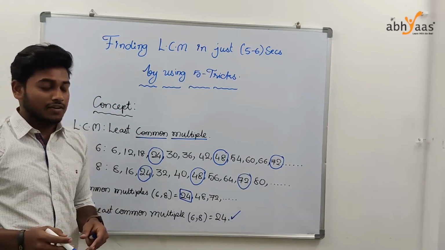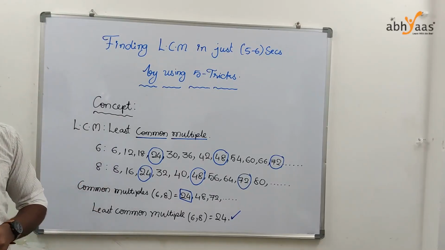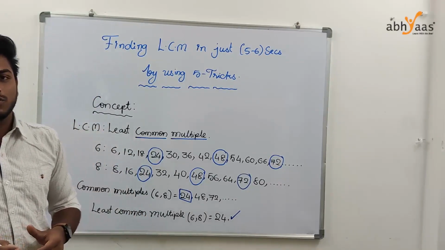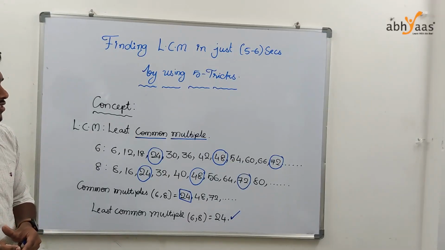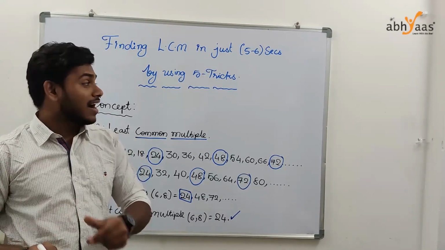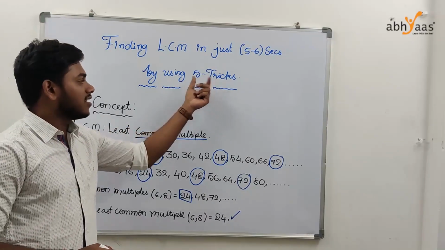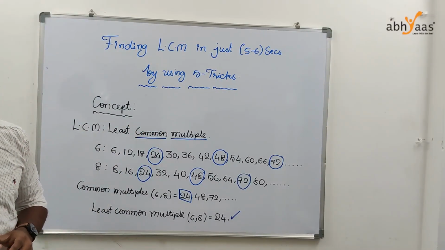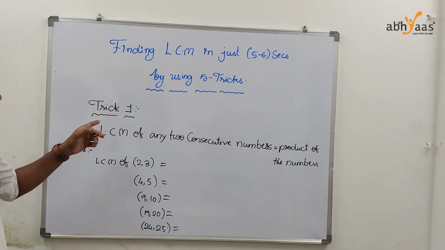However, we cannot do this entire process for every given number. This is the lengthy method. That's why we use a few other shortcut methods. Unlike our traditional method, I discuss 5 shortcuts to find out the LCM of any given numbers in the shortest possible time. Here is our first trick.